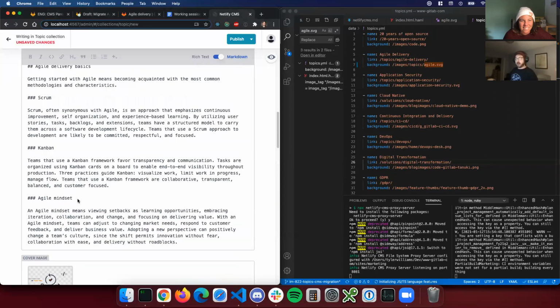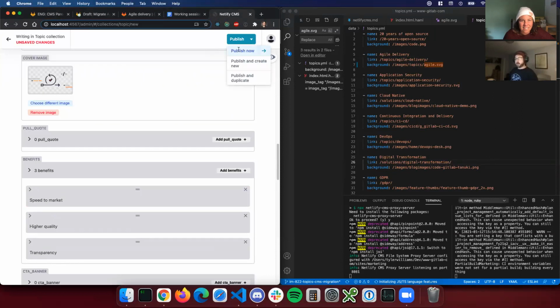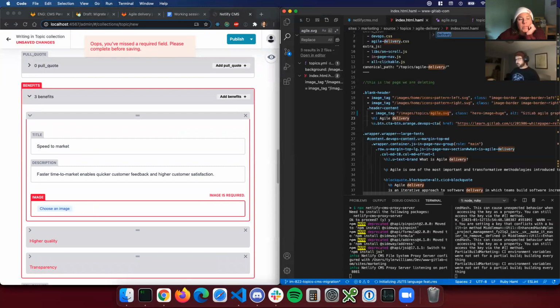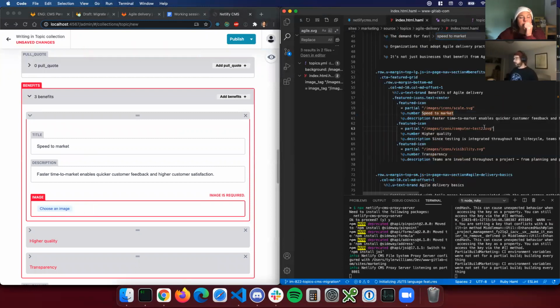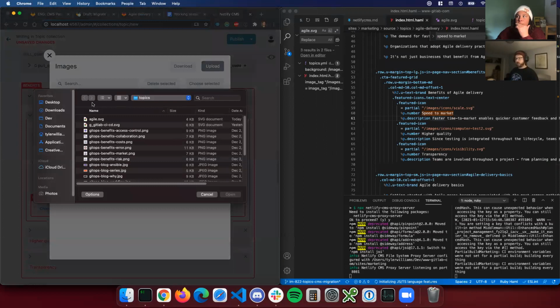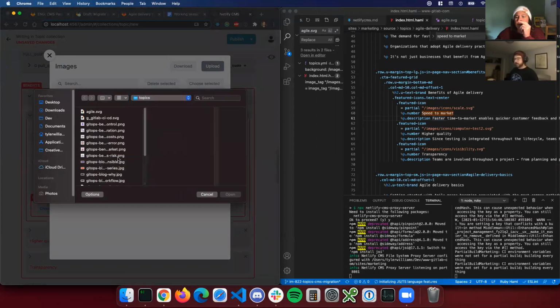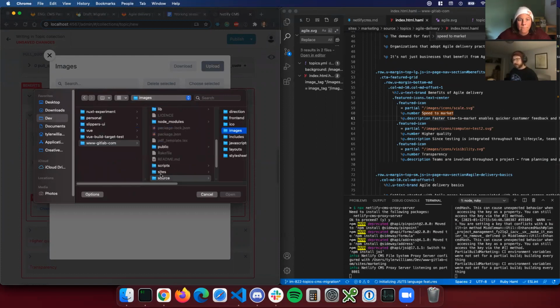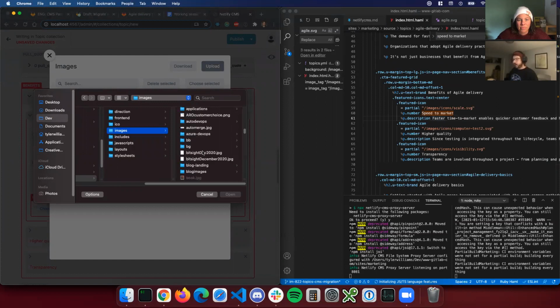Cool. And then I think it's complaining about these ones, which also wanted images. So we could upload those icons there. We're in images, icons. Oh, it won't let me go back. That's so annoying. Columns. There we go. Okay. Finder doesn't always do what I want it to do. Images, icons,